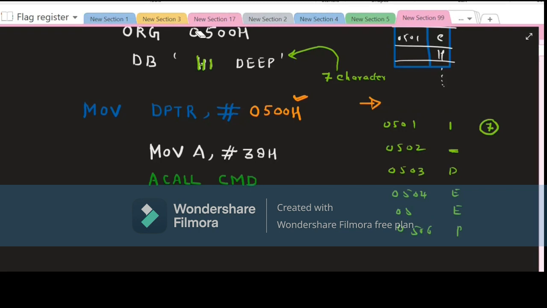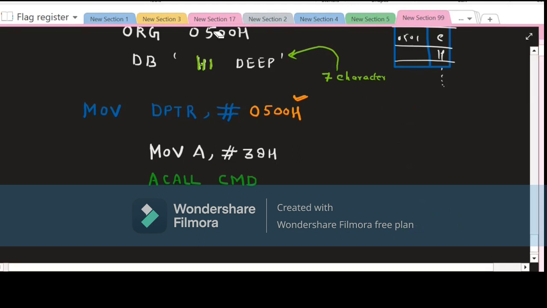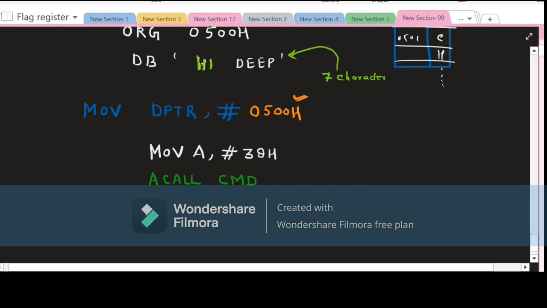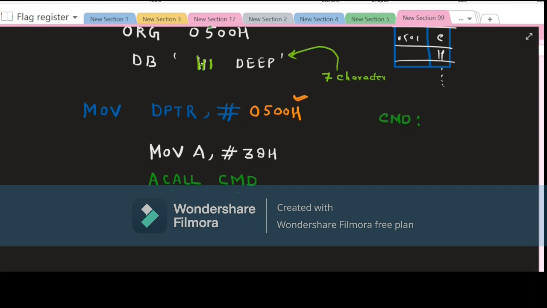Now I'm deleting this, because I want to write here only the subroutine program for command. So what is command basically doing? This is very important: just after writing the command initialization value 38, you are calling some function known as CMD. What is the subroutine program of CMD? Just see this. So CMD is C. Have a look. CMD, when you see, this is a command. So first of all,